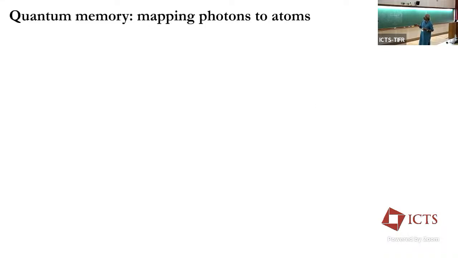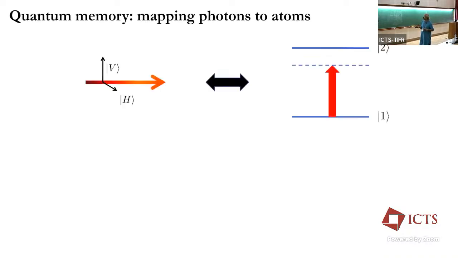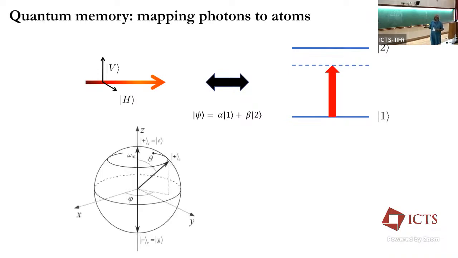I had a bit more detail on this part as a tutorial, but I might not have enough time. So the idea behind quantum memory, and I'm really switching gears, so for a while don't think of magnetometers. Just think of the problem where you have a traveling photon, effectively a two-level system, whichever basis you choose. How can you map it to an atom, essentially a two-level system? Ideally one would say this is a simple problem, since it's one two-level system to another, but you need to figure out the interaction well.